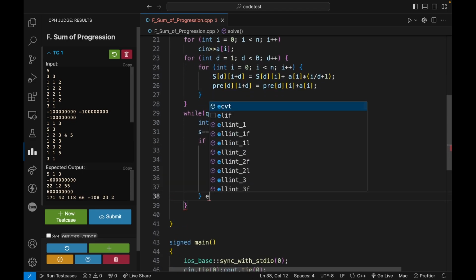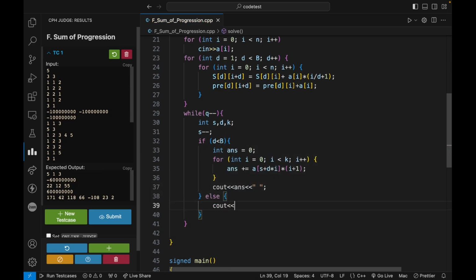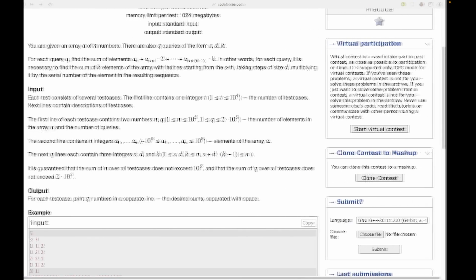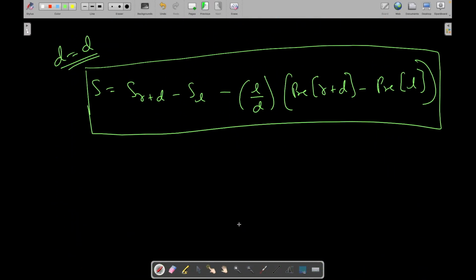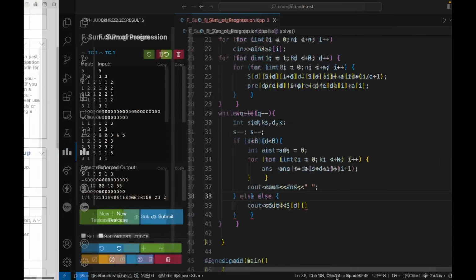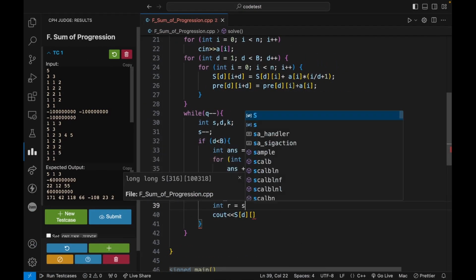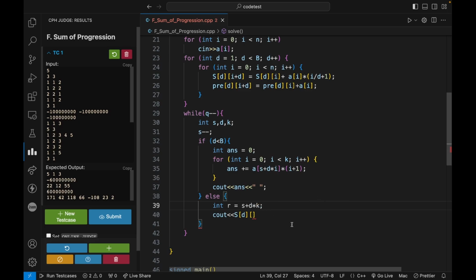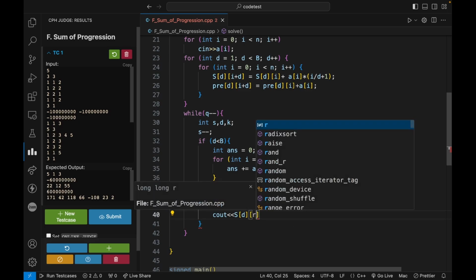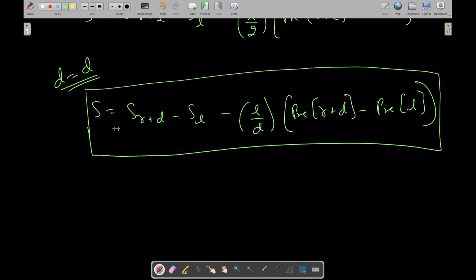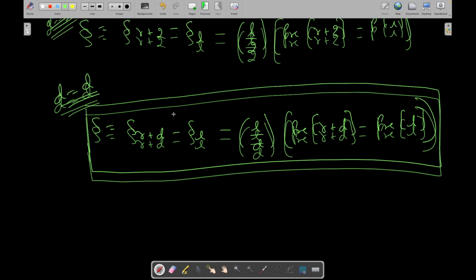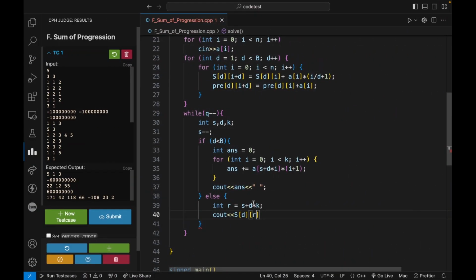And in the else case I have to print S of d of, not s, it should be capital S, S of d of r, right? I think it was r. So first I need to calculate my r, and this r will actually be equal to s plus d times k. So S of d of r, why S of d into k? Because I am taking r plus d here, so it will actually normalize it with a d. I can take d minus 1 into k and then write r plus